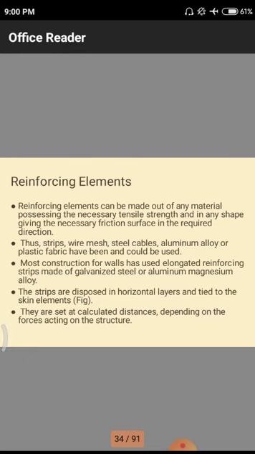The third one is the steel cables. Normally these cables are of rounded shape. We use those cables with the help of bolts, and we tighten the total facing elements. Next one is the aluminum alloy. We go for aluminum alloy because it does not mix with the soil, and it has a longer lifespan compared to other structural steel elements.